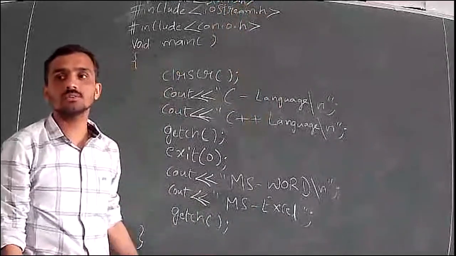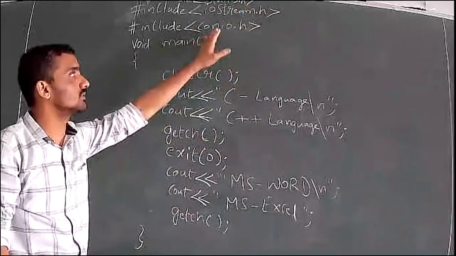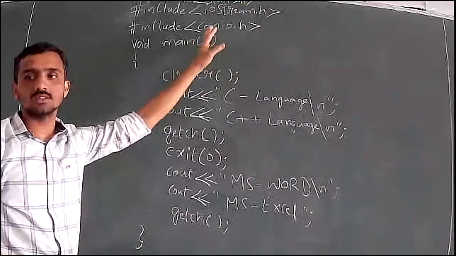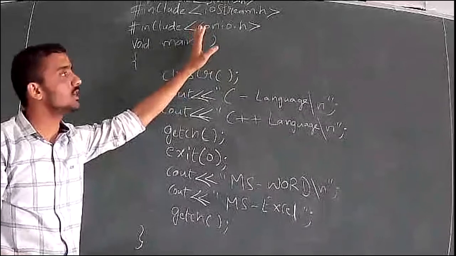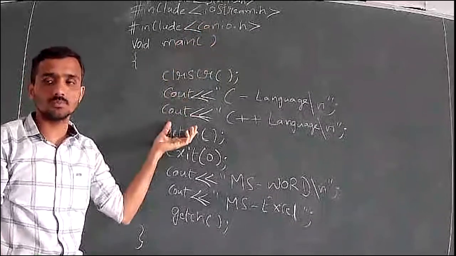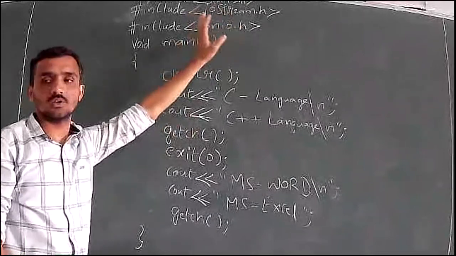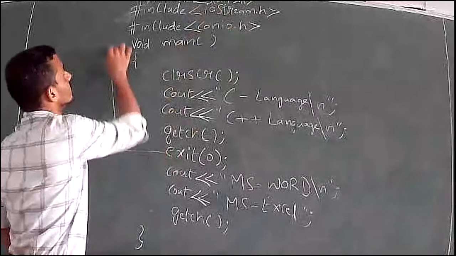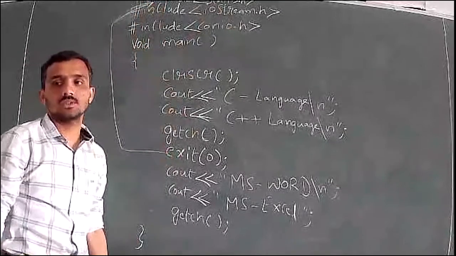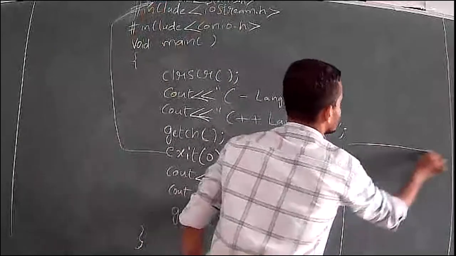Header files also you can use in any order. It is not a rule that first iostream, then conio, then stdlib, or something like that. You can use them in any order. You see that all the header files are present. That means whatever header files are required for this program are present. So the standard library header file should be used because we are using the exit function.